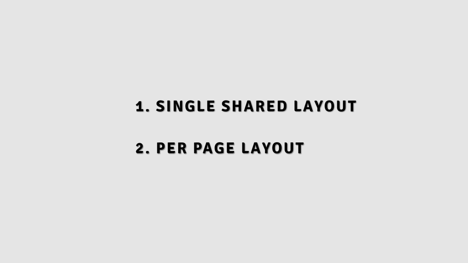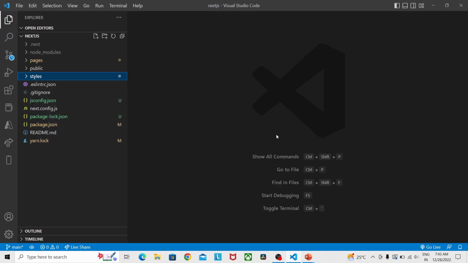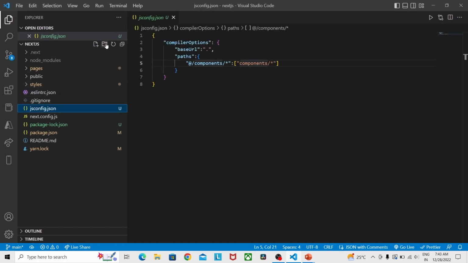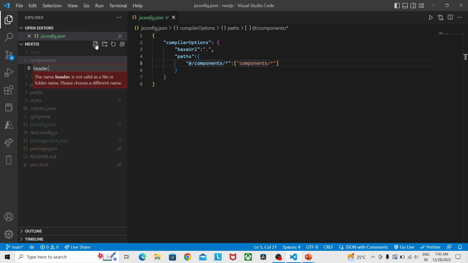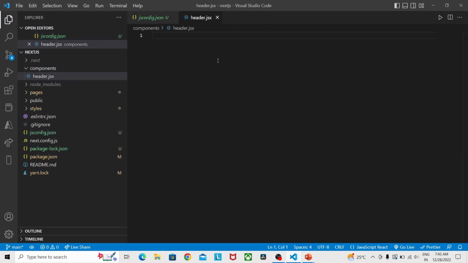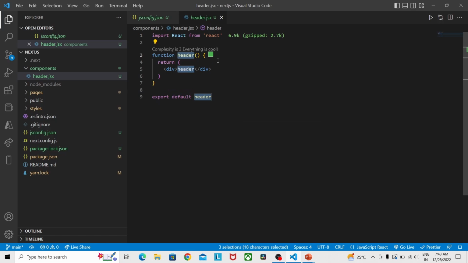So let's start with the single shared layout. The single shared layout is nothing but the same layout being used universally throughout the application. For that, I'm going to create a directory first called components. Within this, I'm going to create header.jsx. So header, and I'm going to provide a class name